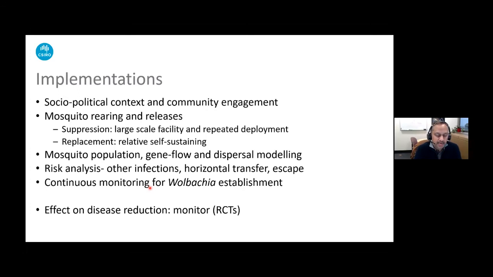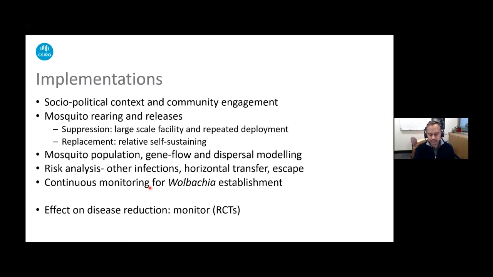There are a lot of considerations that need to be made, or have been made, during its implementation. The important thing is the socio-political context and community engagement. Professor Paul already mentioned this, but it's very important to have early engagement with the public before any kind of release of mosquitoes in that region. Another consideration that has been very important is what kind of technology we are using. In the case of Wolbachia, it can be used to either suppress the population, or you can use it to replace the population